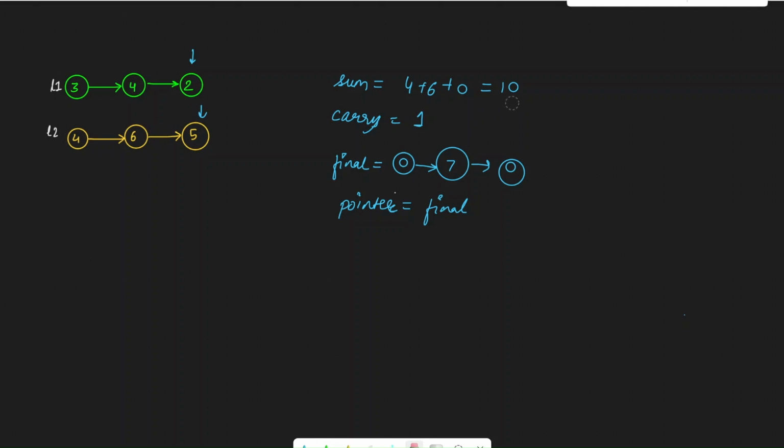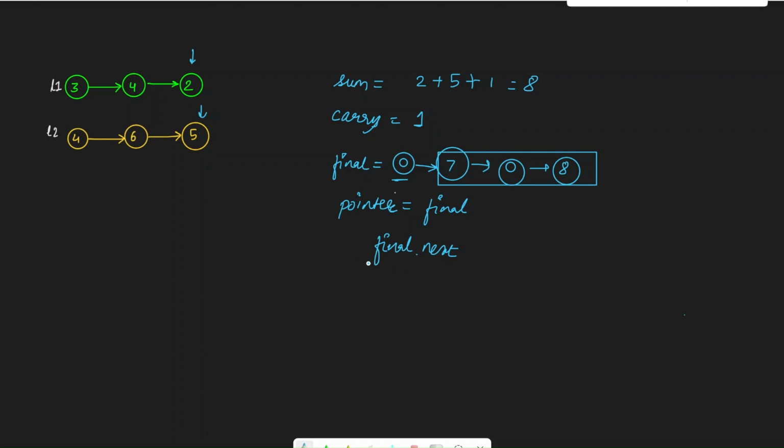So now instead of this sum, we are going to do value of 1 plus 2 plus carry, which will be equal to 8. So now 8 is going to go into our final result, and the result that we will be returning would be final dot next, because we don't want this element, we want this as the result. This example was a very simple example.